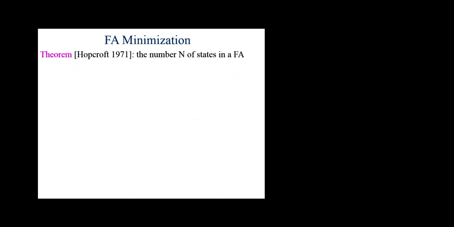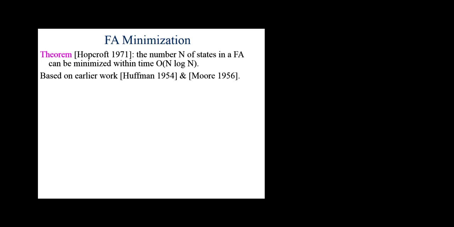All right. So it turns out that you can always do this minimization process to any finite automata you'd like, and it always works. And it will always get you the smallest possible machine. And there's a famous algorithm that can do it even very efficiently. In n log n time, you can do this. In n squared time, you can do kind of a brute force implementation of this. But in n log n, if you're a little bit more clever on how you represent the states, what data structures you use, and how to find equivalent states, you can do it in n log n time. So the algorithm is pretty efficient and relatively straightforward.